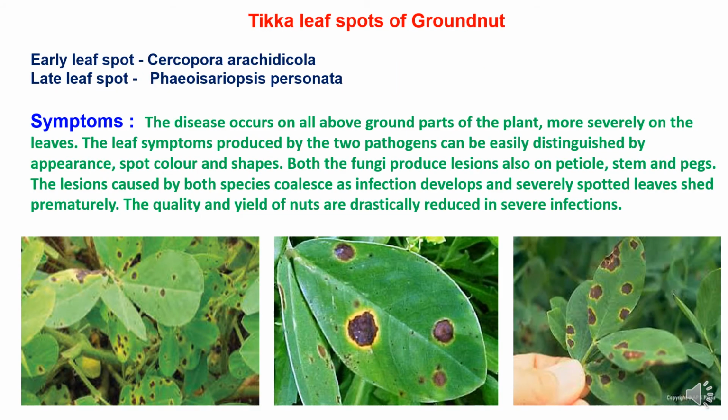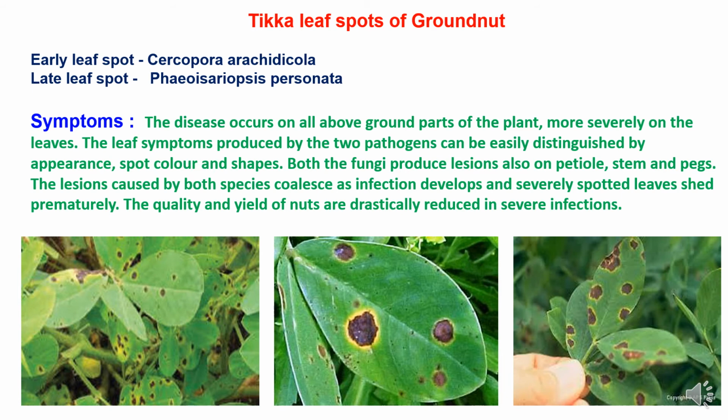Now, the diseases of groundnut crop. Tikka leaf spot of groundnut. The leaf spot is characterized in two types. First one is early leaf spot, which is caused by Cercospora arachidicola, and second is late leaf spot, which is caused by Phaeoisariopsis personata. In symptoms, the disease occurs on all above ground parts of the plant and more severely